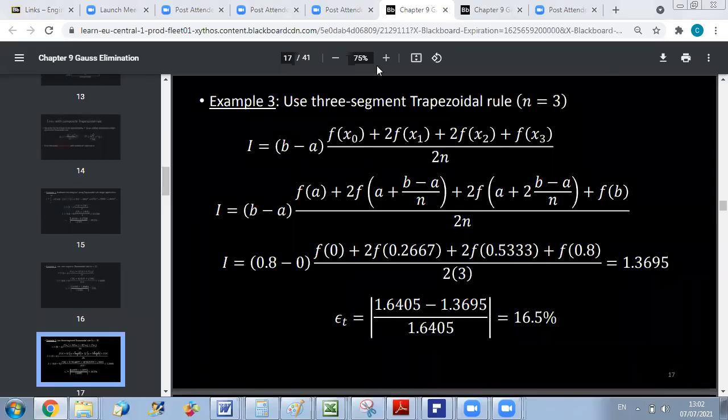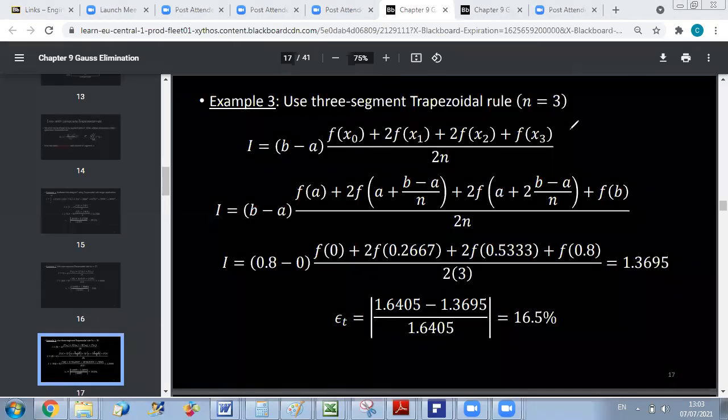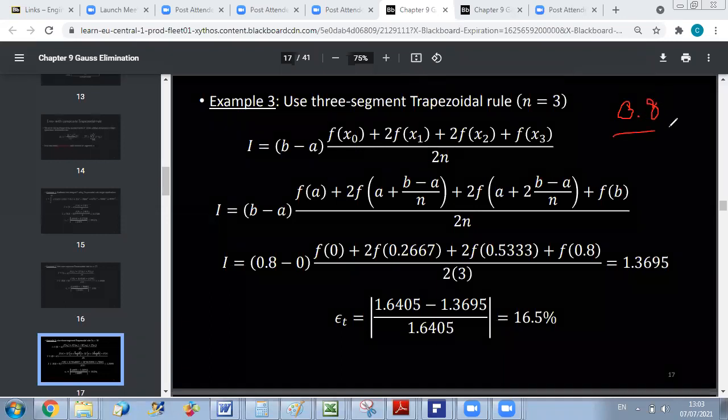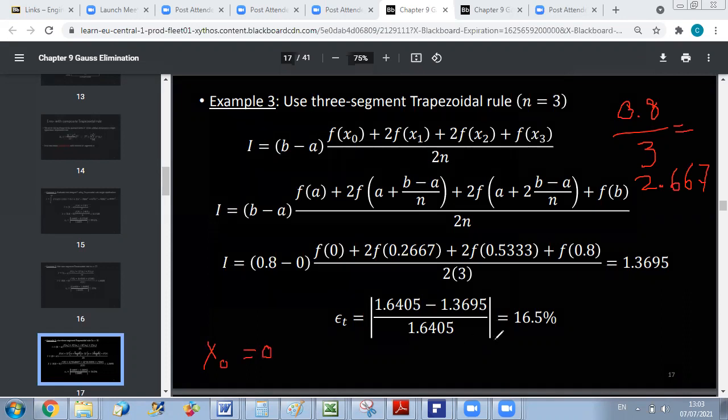So we were saying, what if I use now 3 segments? If I use 3 segments, the length of each segment will be 0.8 over 3, which is equal to 2.667. And then I will need 4 points: x0 is 0, x3 is 0.8, x1 will be 2.667,